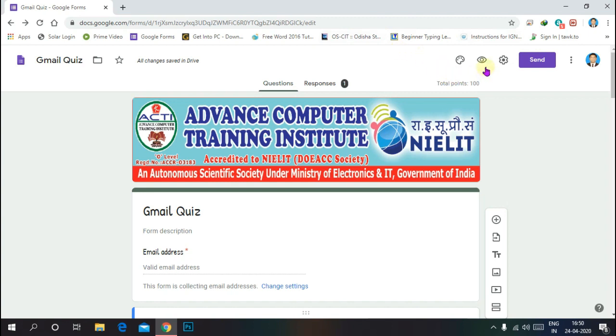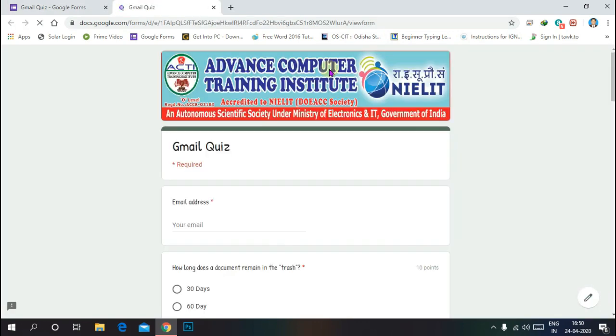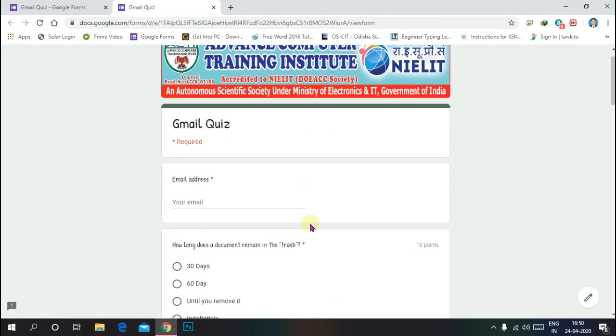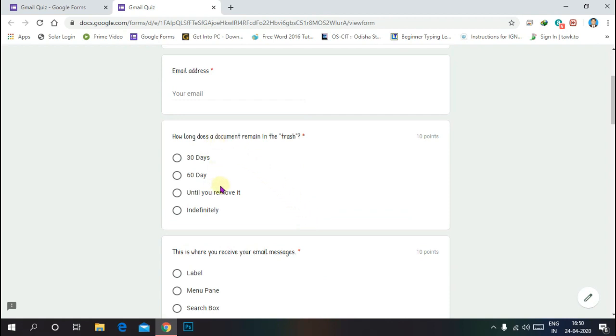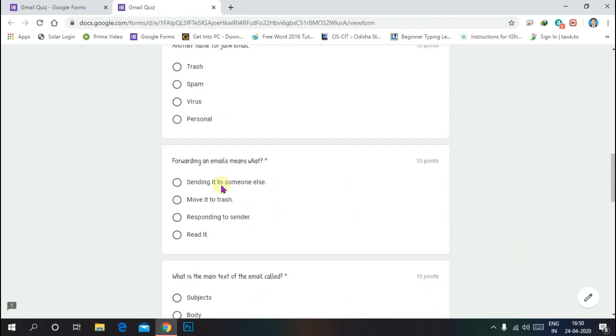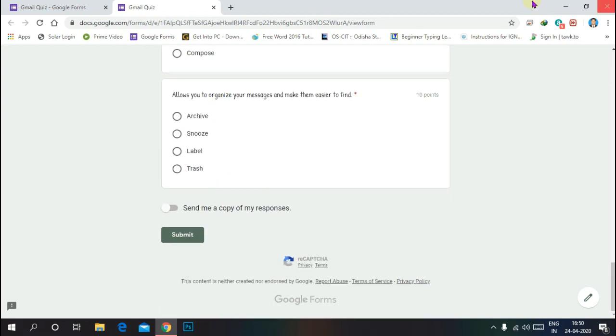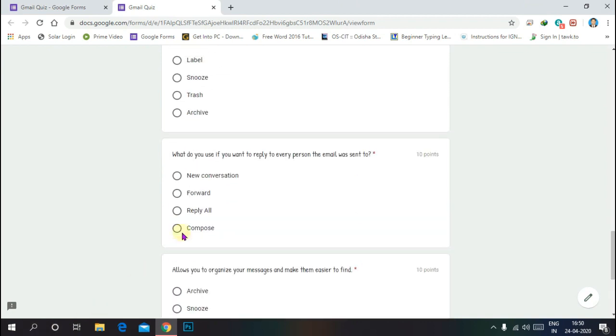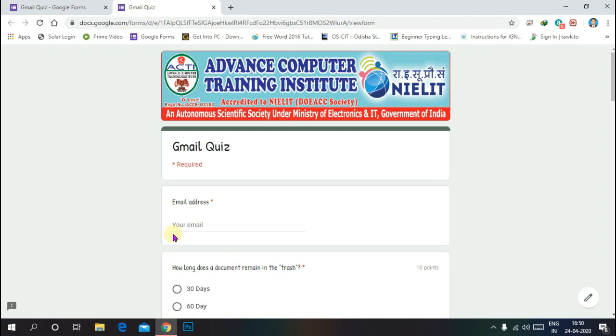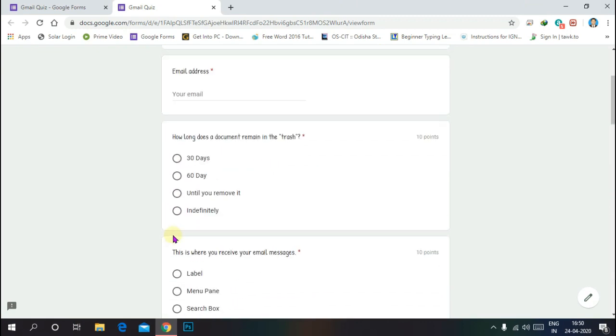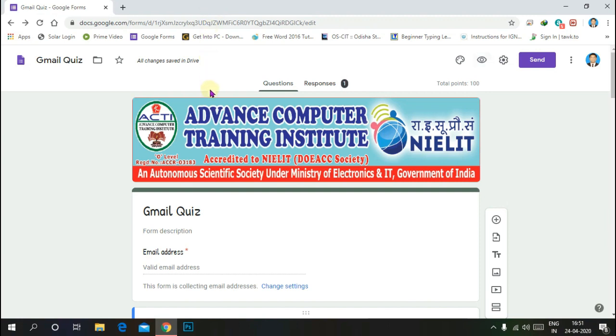At the last option, you need to show the preview here. Go to the preview option. This shows how it will appear to your viewers. You can also test your questions. And at last submit, but I don't want to use it for testing. It is correct, available, no error. But before sending you need to show the preview. The last option, go to send.